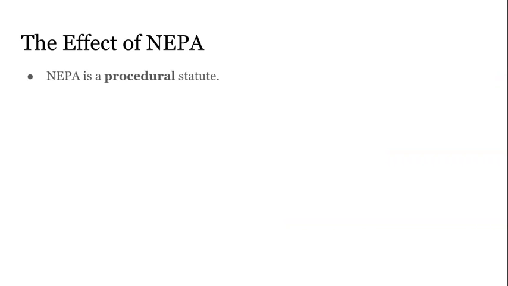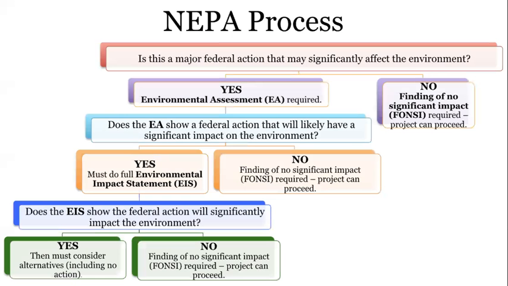NEPA is a procedural statute. So it's meant to force you to do things, to consider the environmental impacts. And the question is procedural versus substantive. What's substantive? Substantive means that you come to a specific outcome and that it enforces that outcome. NEPA certainly enforces this procedure from top to bottom. It enforces that process of going through this analysis. But even if you get down to the yes, it must consider alternatives, including the no action alternatives. The question is, what happens?